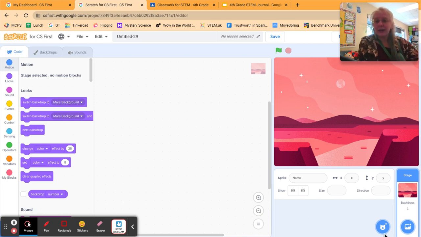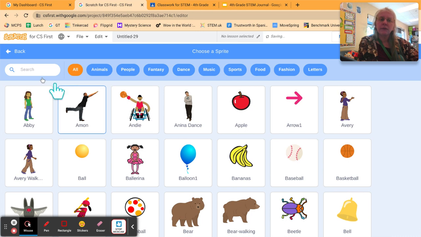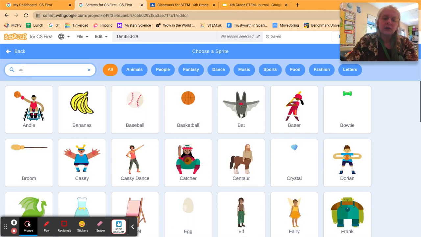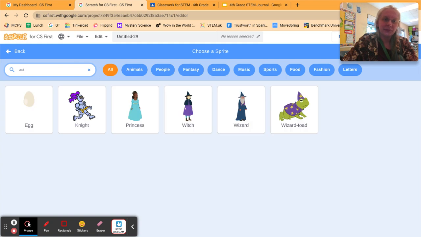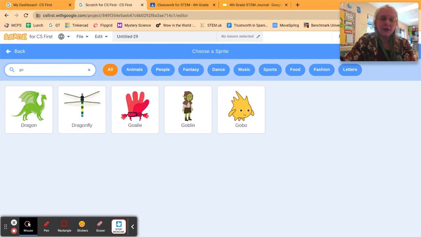So next up is getting a sprite. Now again, Scratch has a lot of awesome sprites to choose from. I wonder if they have any astronauts. Oh, it's lagging. Give it a moment. It doesn't have astronauts. I'll get you guys some astronauts that you can upload. But for now, I know